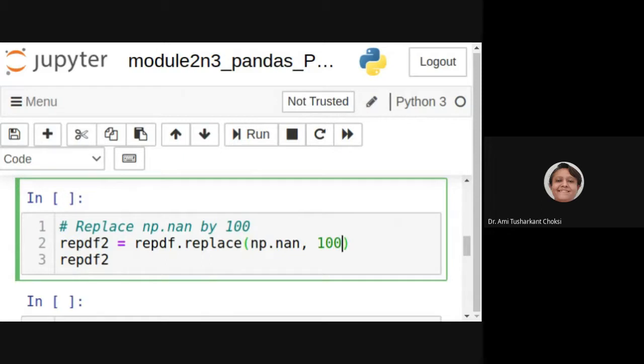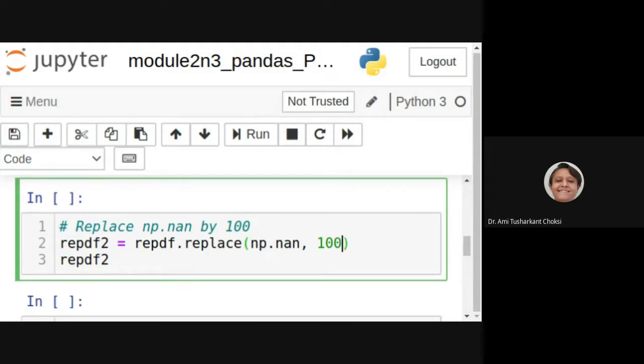Right? So why should we do that? Because if we are having a missing value, we should replace that with a particular value. Now, what are the ways? Typically in literature, we replace the missing value by a common value.